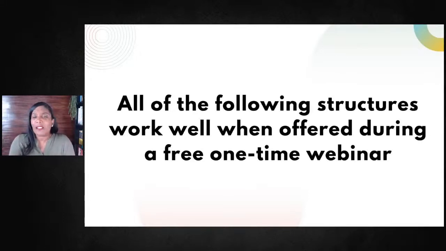Or it doesn't even have to be free. Sometimes it can be a low-dollar one. Maybe you charge $9, you teach them one thing, and you make an offer at the end. Your offer at the end will be your group coaching program. It could be a challenge. It can be a group coaching program around a specific goal. It can be team coaching, where you are presenting this as a pitch in front of a group or a corporate office. It can be a weekend workshop, like I mentioned.